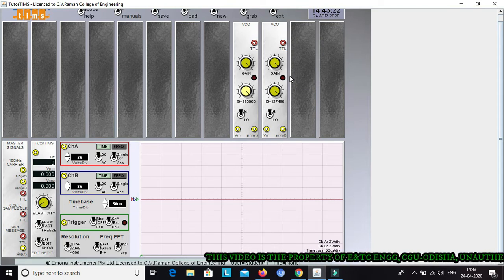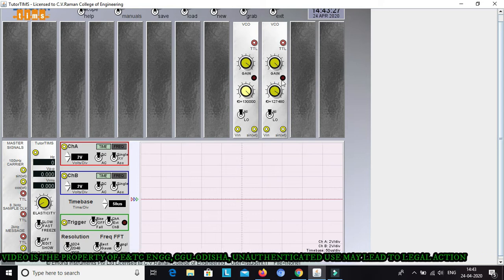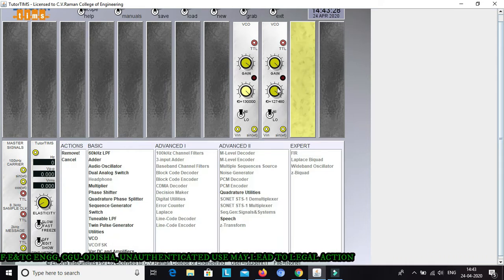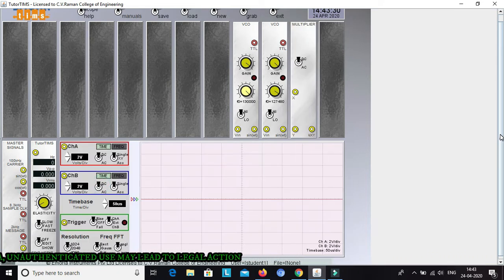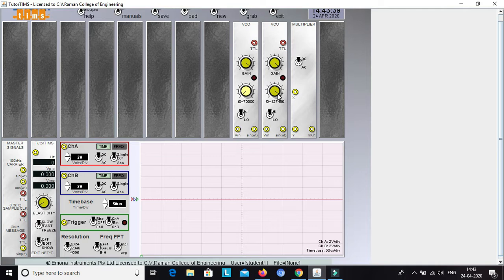So in order to generate a signal of 30 kilohertz, first I will be using a multiplier. I will set the frequency of this VCO at the minimum, 70 kilohertz, and for the second VCO I will set 100 kilohertz.